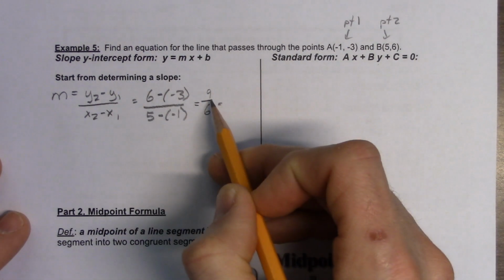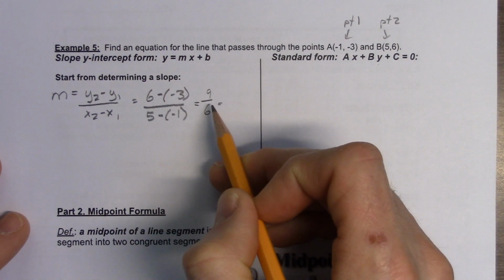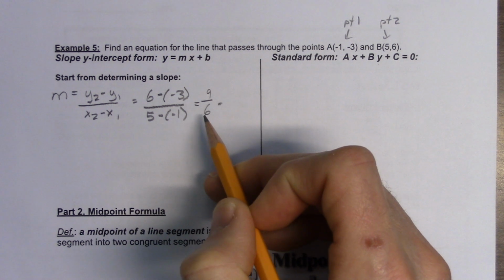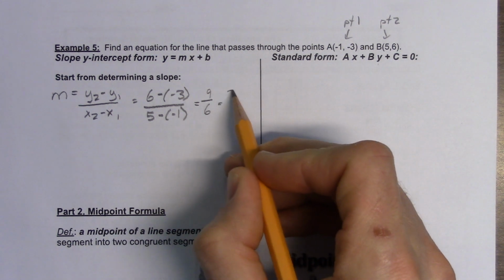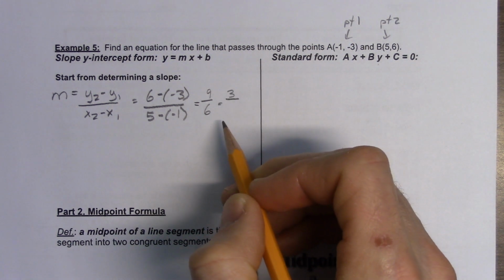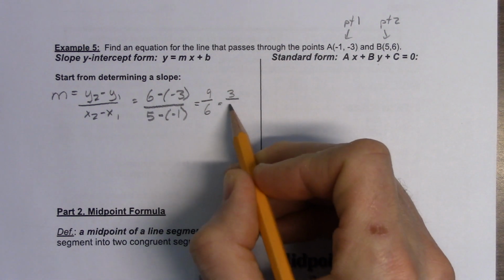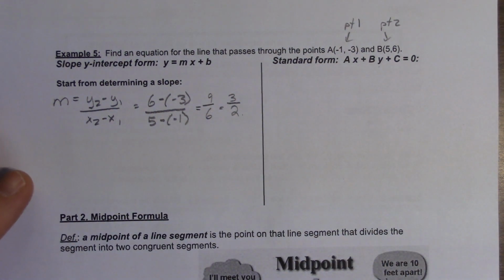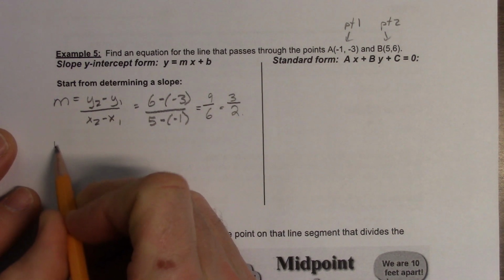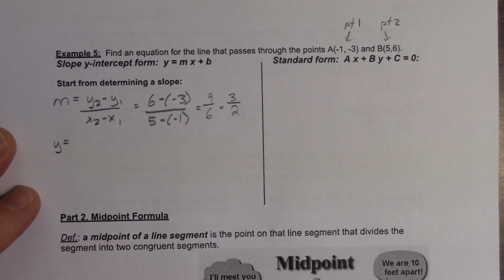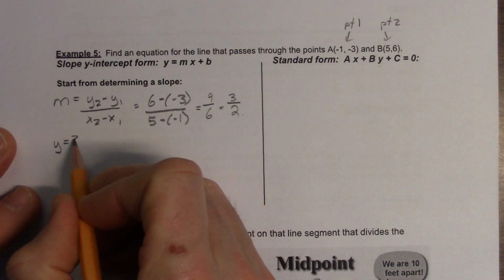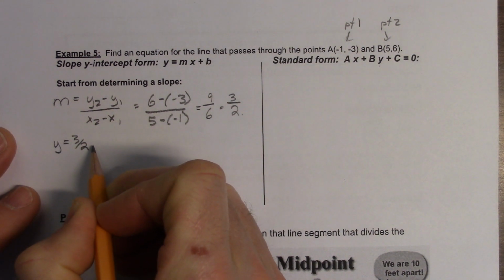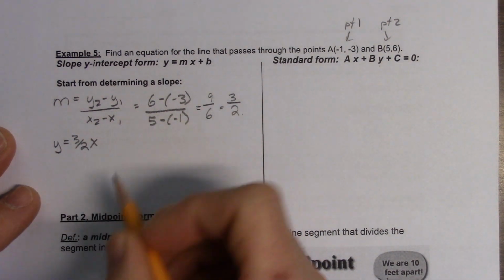Which is? No, what's 9 divided by 3? 3. Yeah. And what's 6 divided by 3? 2. Okay, good. So that's our slope. So what is our equation then, so far? y equals, Alan? 3 over 2 Yeah, what? x Yep. Plus